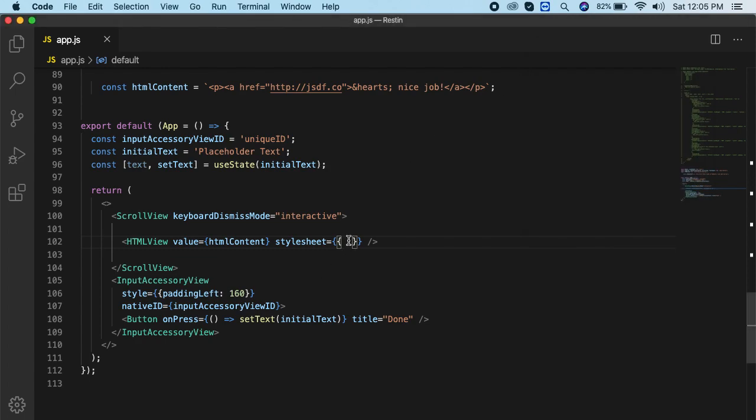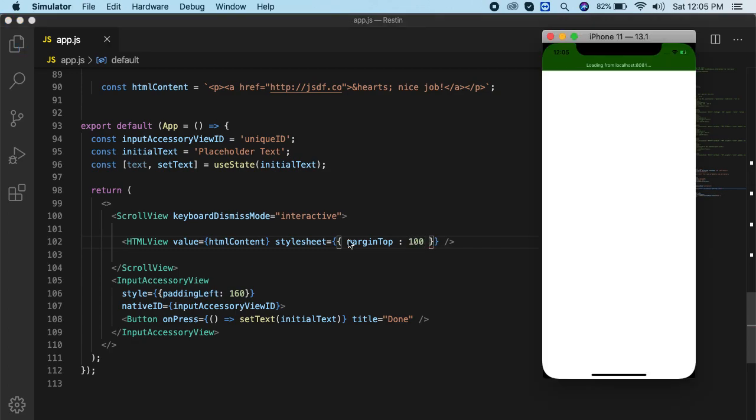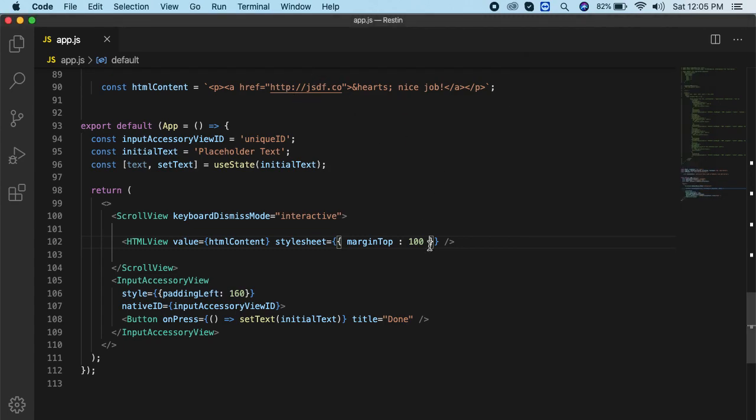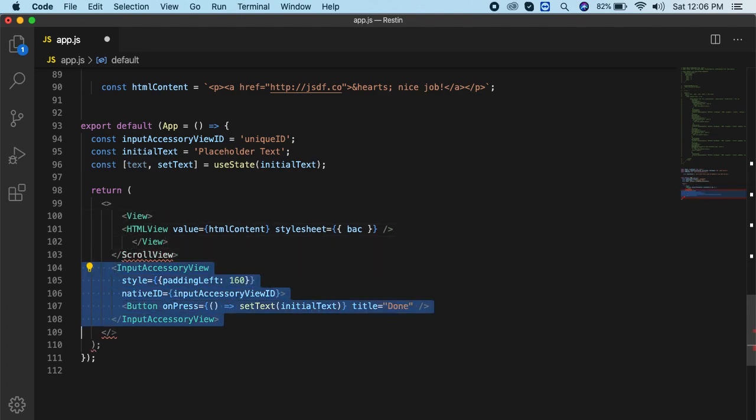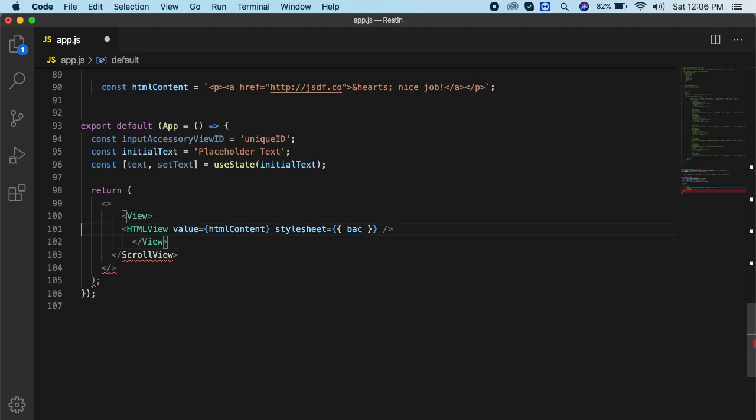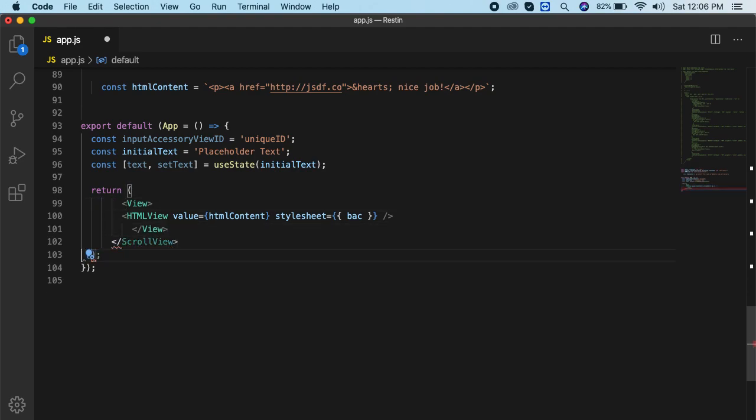Let's say margin top 100, something like this. Now let's decide what the background color will be. So I should make this a View and close View. Just remove all this stuff.